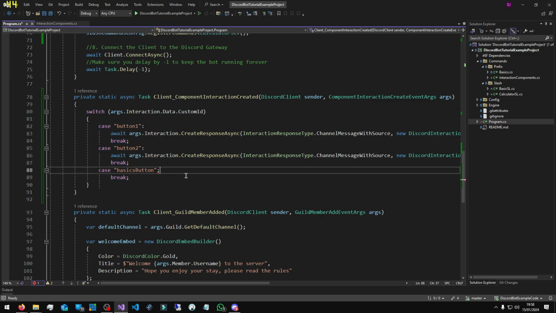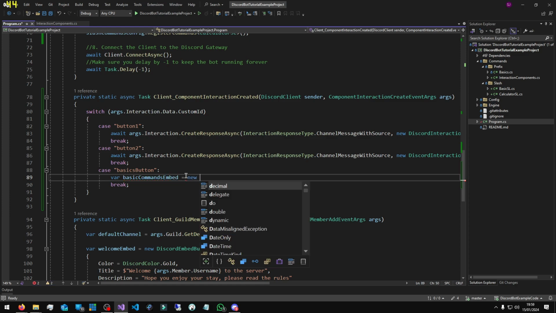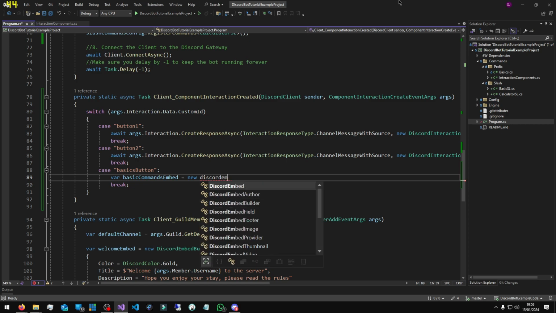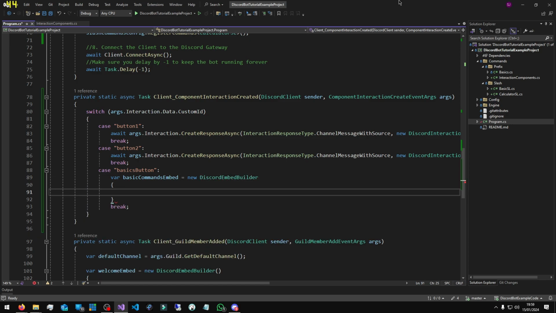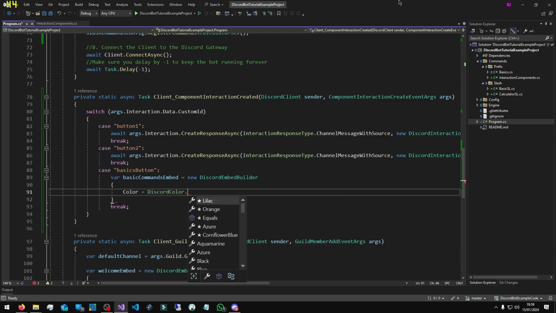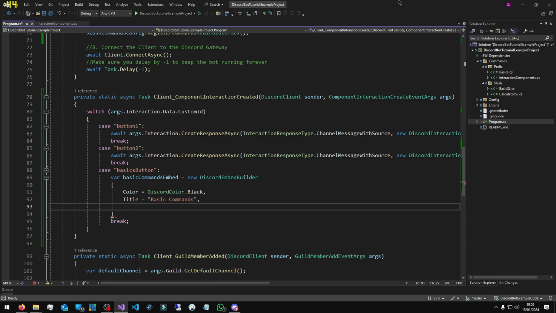So I want to send an embed of the command list, right? So let's make that embed. So let's say var basicCommandEmbed equals new DiscordEmbedBuilder. So let's say the color is black once again, and then in our title I can say Basic Commands, and then in the description